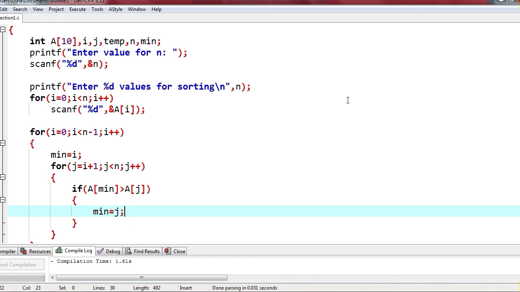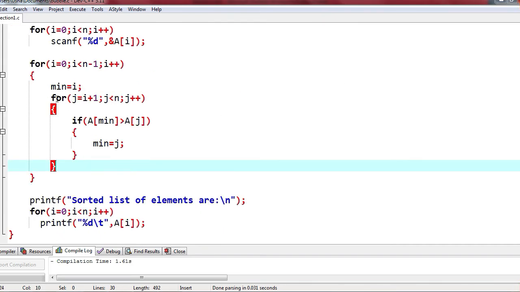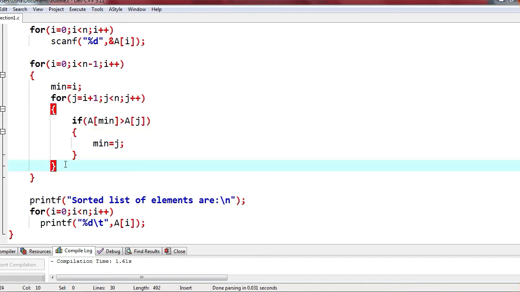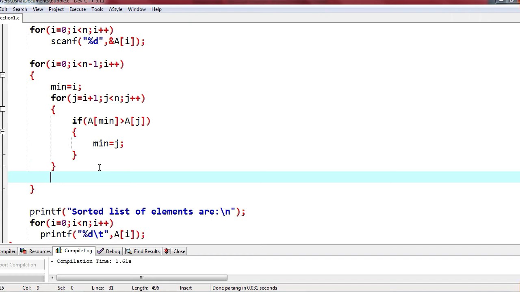If at j position there is a smaller element, I am copying it as min, and then with that element I am comparing all the remaining elements, and if I find anything smaller than that, its position is copied. So at the end of the inner for loop, at the end of the first pass, min variable will have the position of the smallest element. Now we write the code for interchanging.